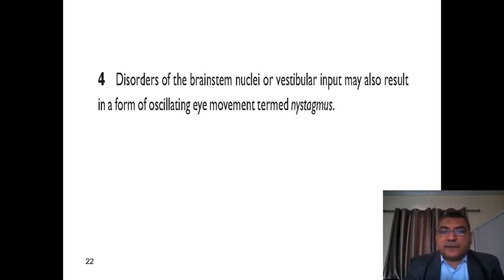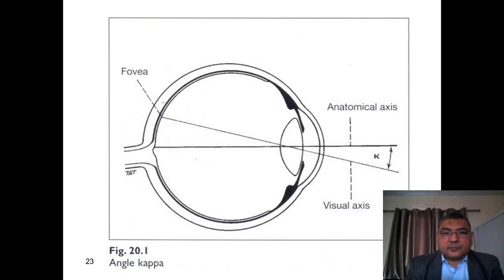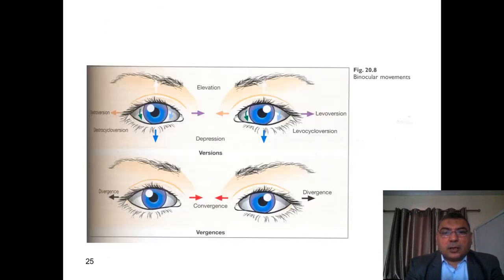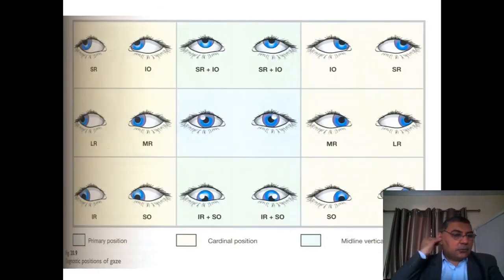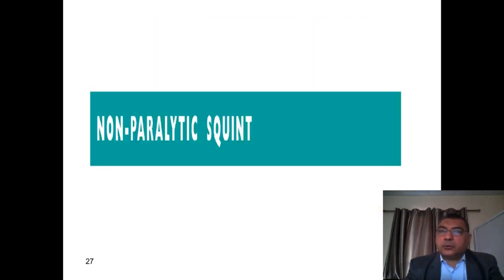Also, other disorders that affect ocular motility, like nystagmus, vestibular affection, and diseases of extraocular muscles, are going to be discussed. We said this ocular motility test is essential to differentiate between paralytic and non-paralytic strabismus. First, we are going to discuss non-paralytic strabismus, and before discussing the non-paralytic strabismus, we are going to discuss the